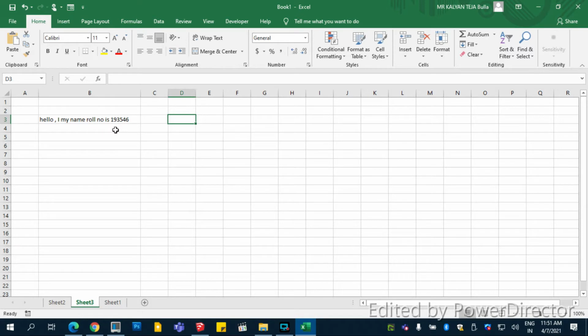Now we will look at the slightly more complicated functions, MID and FIND. The FIND function is to find where an alphabet is located.